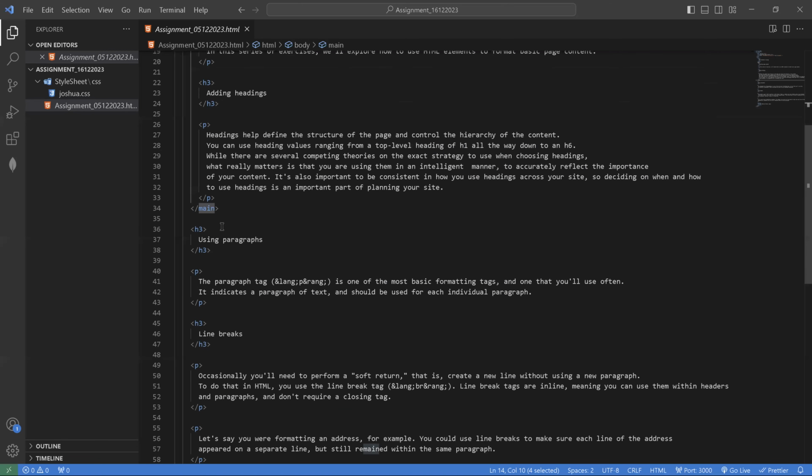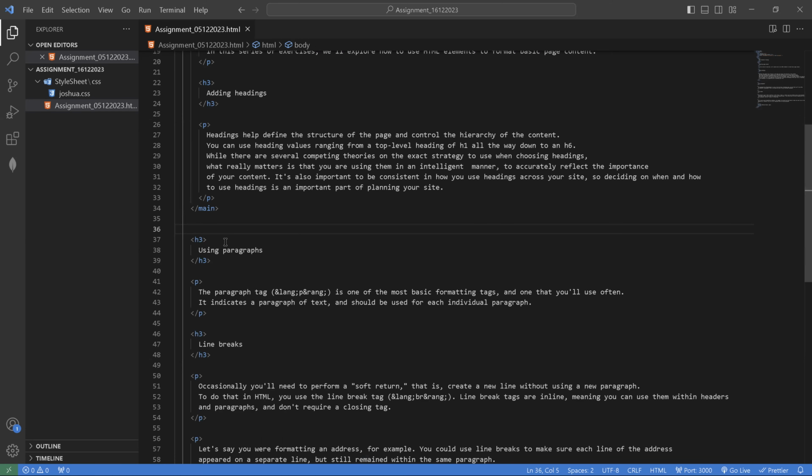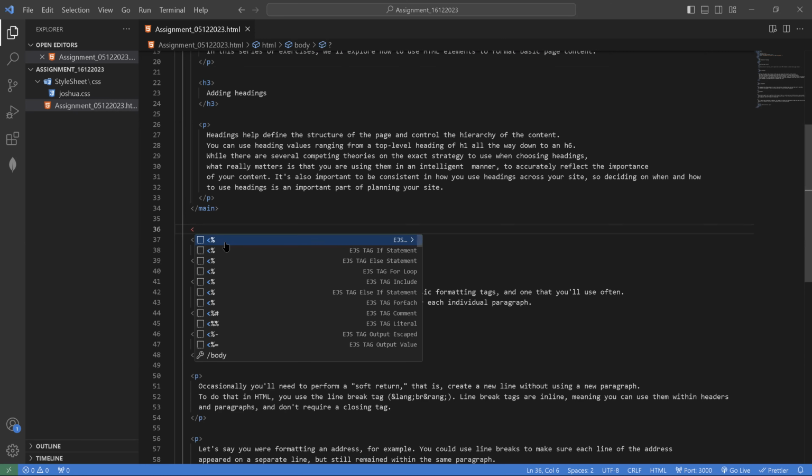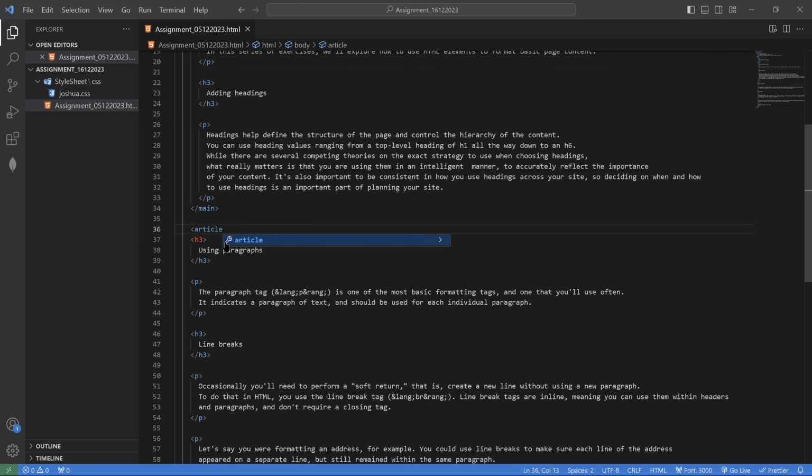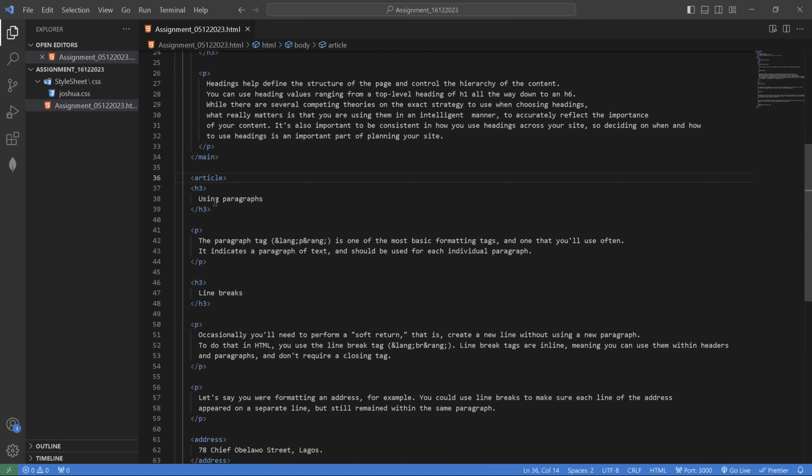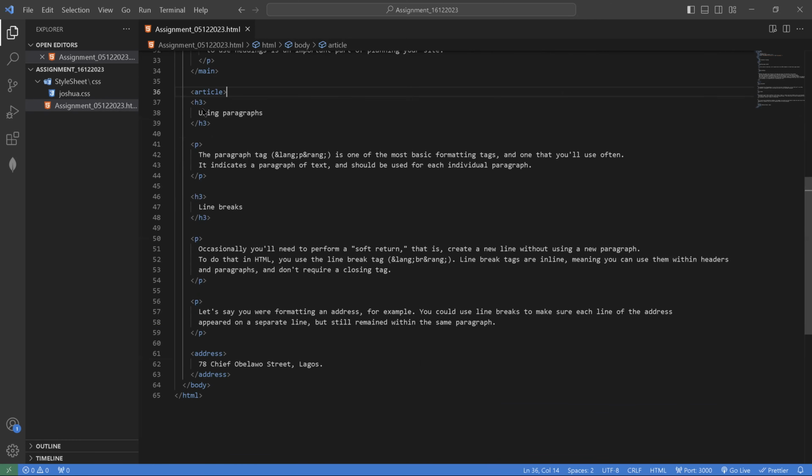Now I can decide to say, okay, I want this to be inside the article element. So I'm going to place this other part from the using paragraphs to the last paragraph here, into the container